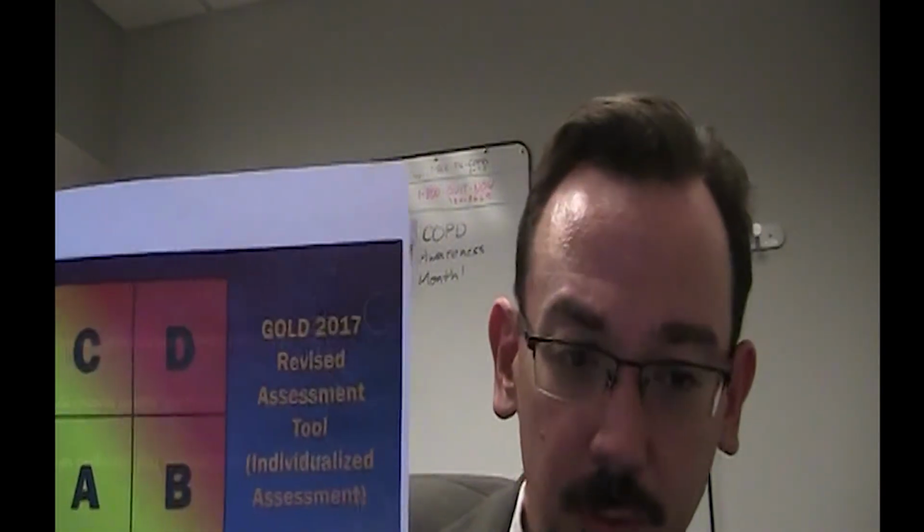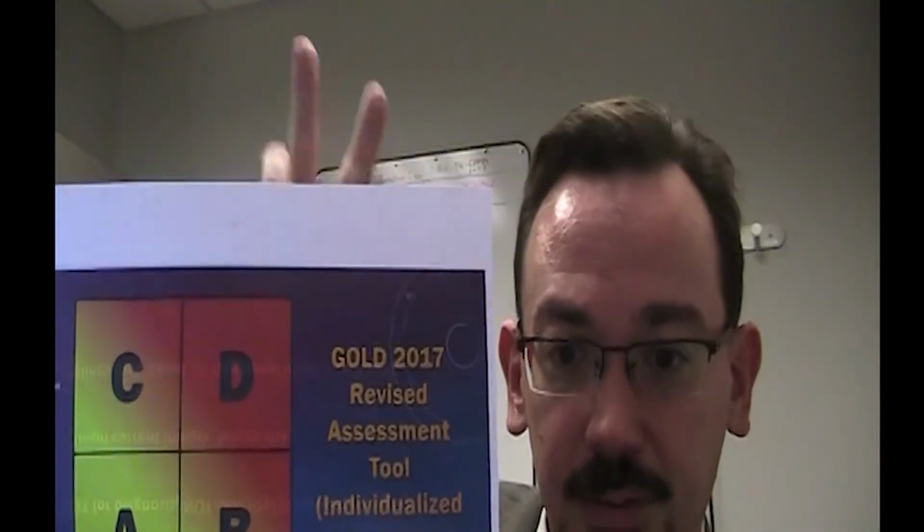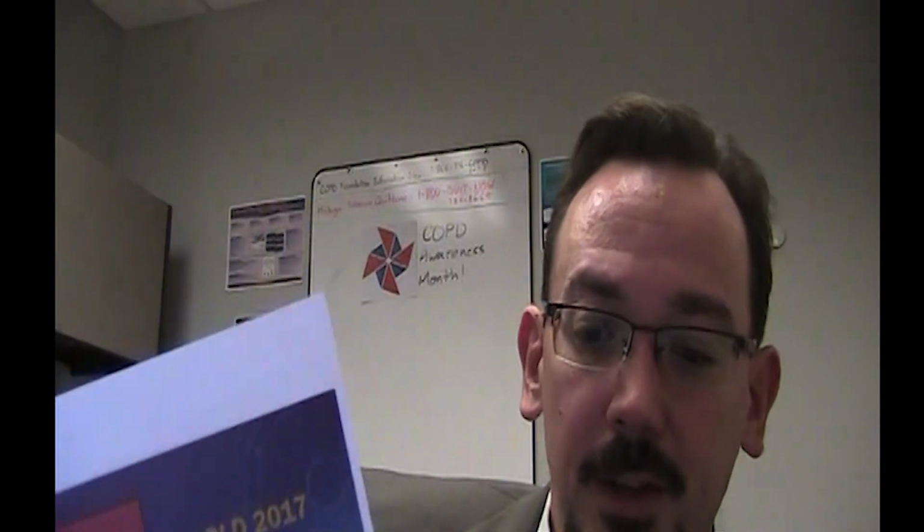So Michael asks, how do we know what stage we are in, and how can we tell when we go from one to another with COPD? Well, again, we'll fire up this chart again. This is what I like to use for staging. Traditionally, the stage has been the degree of your lung impairment, your FEV1. If it's less than 80%, then you're stage 2. If it's less than, I think, 30%, then you're stage 4, and so on and so forth. But again, that doesn't really mean a whole lot at the individual level.